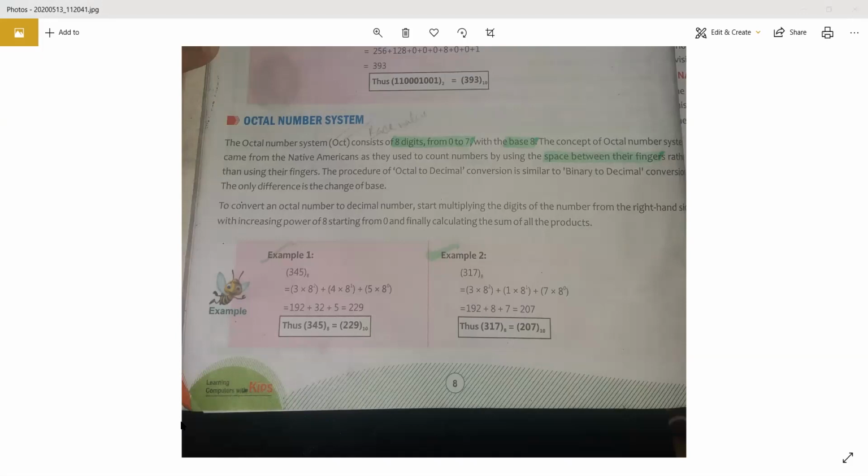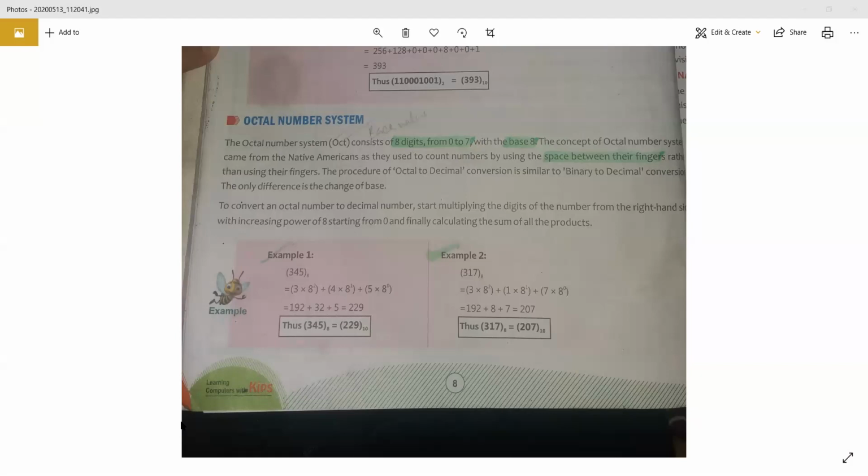So that means 118 is not going to be an octal number because it is not a combination of 0 to 7. Okay, so I may ask you these kinds of questions, that suppose the number is 132. Then it is going to be a part of how many number systems? So 132 can be an octal number, it can also be a decimal number, and it can be a hexadecimal number also. You will get options and this kind of question can be asked. Okay, so please be attentive, right?